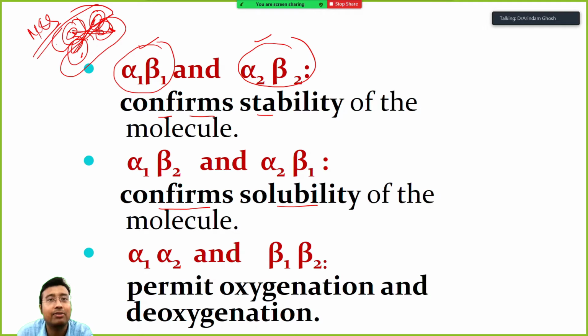Okay, the principle of making things, the principle to make you understand these things, is beyond the scope of this lecture. So alpha 1, alpha 2, beta 1, beta 2: when you are considering two identical polypeptides, that is 2 alpha, 2 beta, they play a role in oxygenation and deoxygenation. When we are considering alpha 1 beta 1 and alpha 2 beta 2, they contribute to structural stability, and solubility is contributed by alpha 1 beta 2 and alpha 2 beta 1.